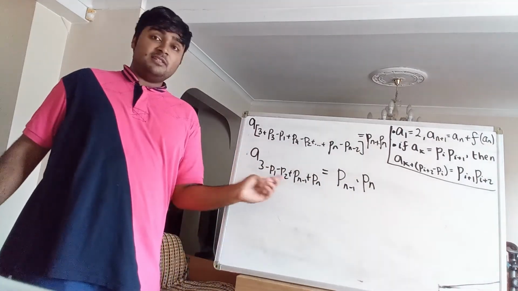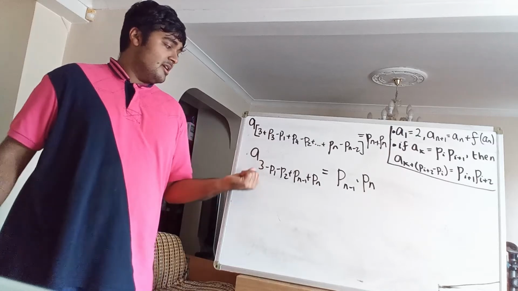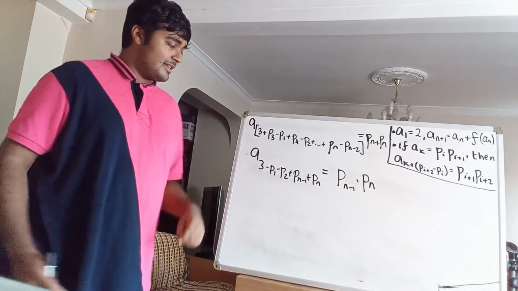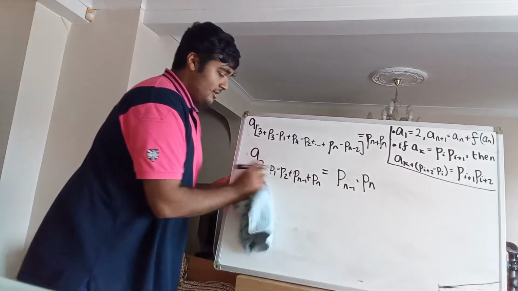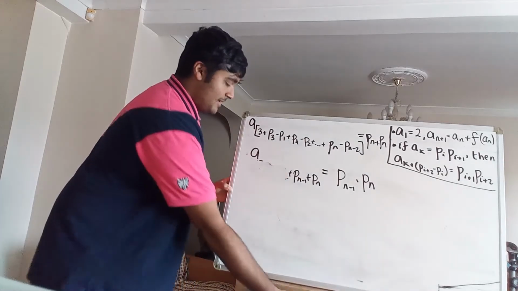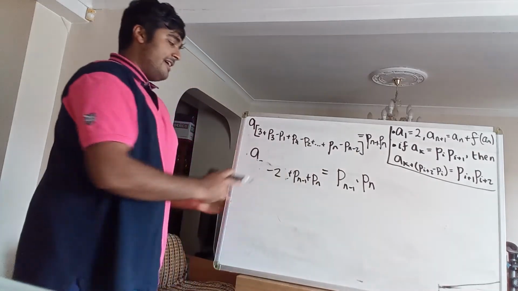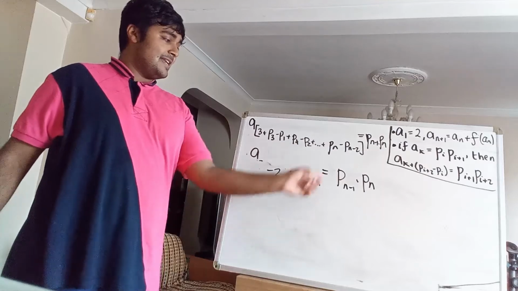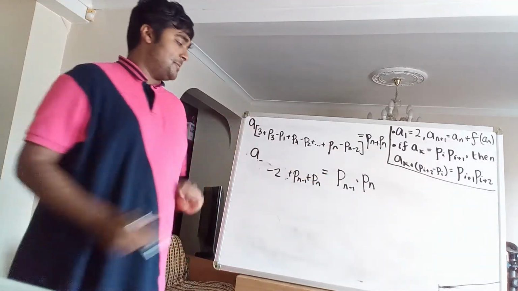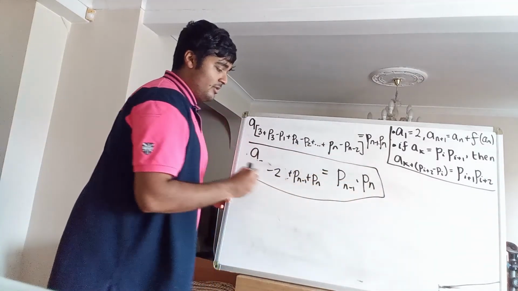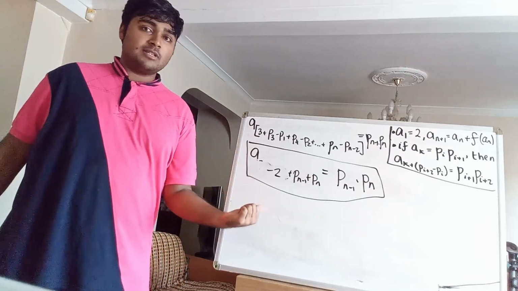But we know what p1 and p2 are. It's the first two primes, 2 and 3. So we've got 3 minus 2 minus 3, so that's just going to give us minus 2. If I get rid of this and replace it with minus 2, so A of minus 2 plus pn minus 1 plus pn is equal to pn minus 1 times pn. And that is like a general formula